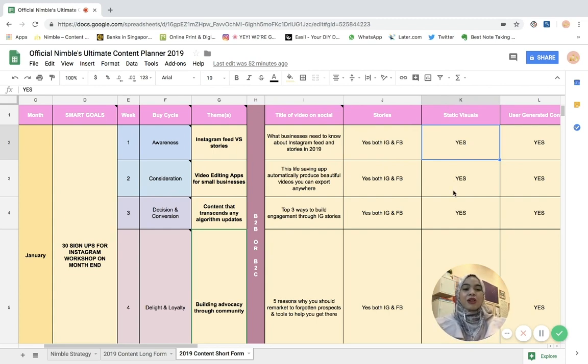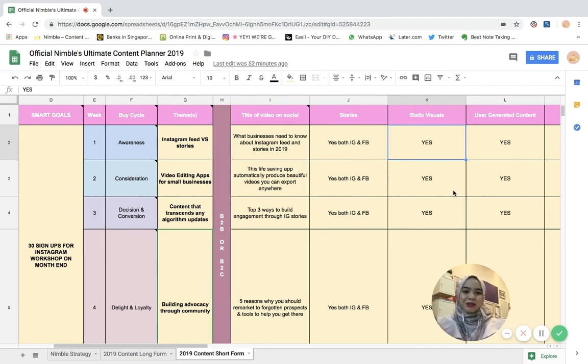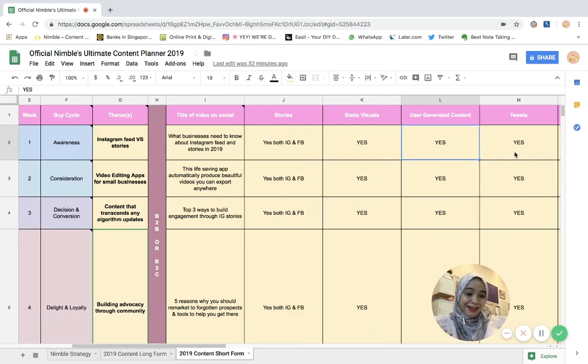What are you doing? Do you have static visuals in mind? Are you using certain stock photos to actually send that particular message out to your audience? Are you doing all of that? What if I do not have time to plan my static content or my static visuals, but I may want to use other content from other users and actually repost that on our social feed? Is that even allowed? Absolutely, you can definitely use UGC as part and parcel of your short form content strategy,